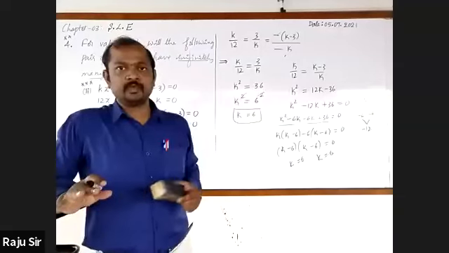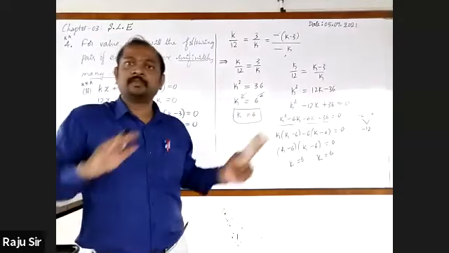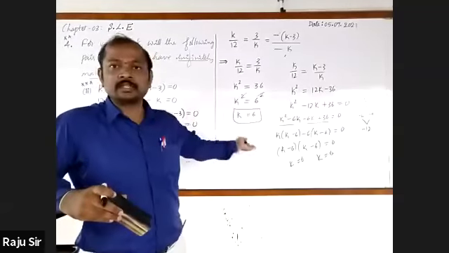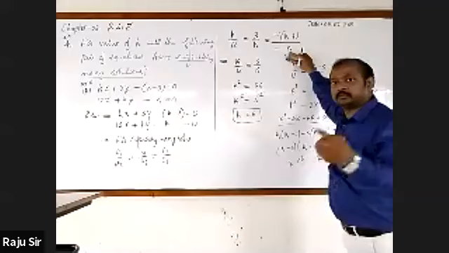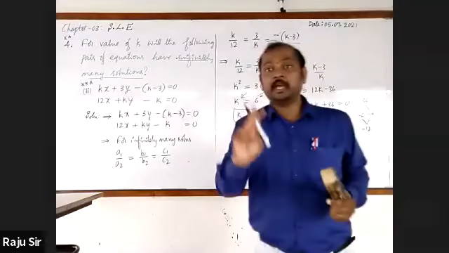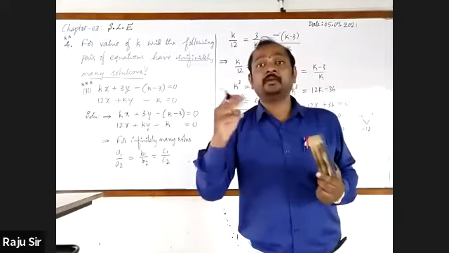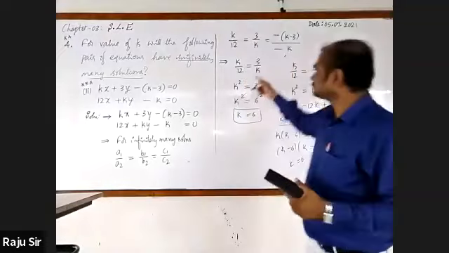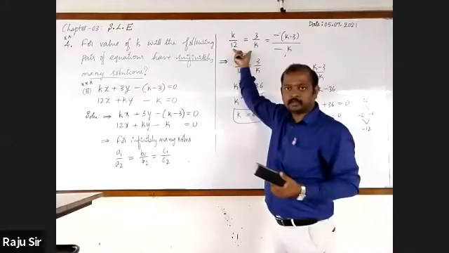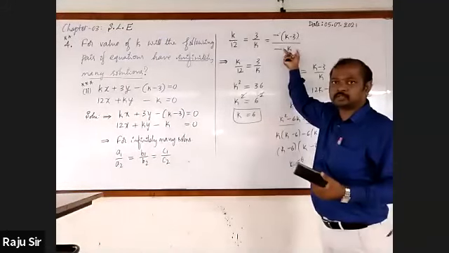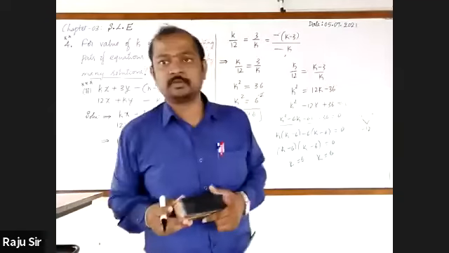Got it? We have checked all the three possibilities. In all the three possibilities, we got the same. Should we check all three, sir? We can check only one also. That is what I am telling. We have three possibilities, and we checked all three, and we have come to know that the value of k is same. That is why you may take either first two or last two or first and last.